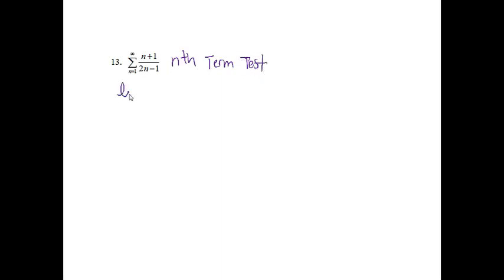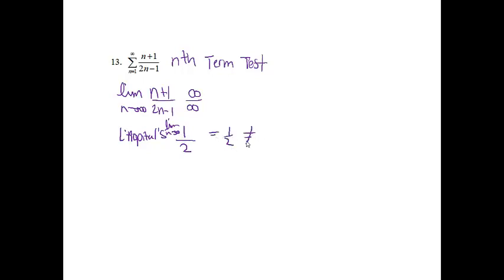So I'm going to be finding the limit as n approaches infinity of (n plus 1) over (2n minus 1). If I evaluated that directly, I'd get infinity over infinity, which lets me use L'Hopital's rule. If I take the derivative of the numerator and the denominator, I get 1 over 2. So the limit as n approaches infinity of 1/2 obviously equals 1/2. And with the nth term test, if we get a limit that does not equal 0, we know that our series will